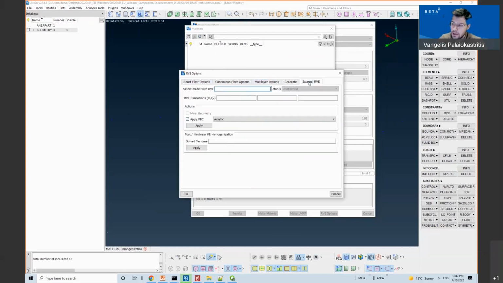Additionally, if I have the RV generated from another tool or I have created it in a previous ANSA session, I can attach this to the RV tool and perform some actions. For an already created RV, I can mesh it if it is just geometry, or I can apply the boundary conditions.